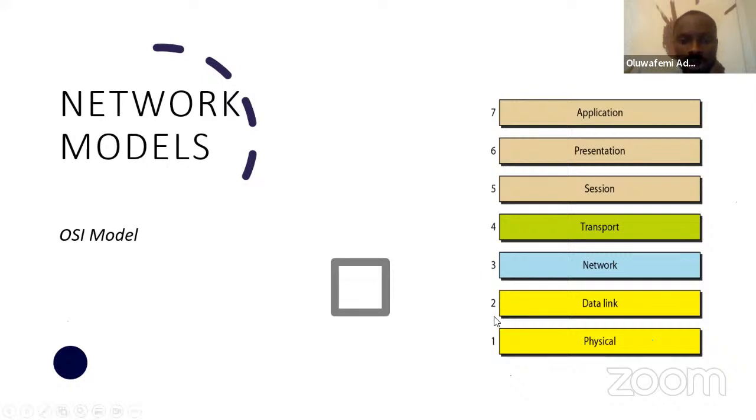That's what it is. So I just want to be sure that we're on the same page. So let's go to the network models. This is where the protocol comes in, the rules that you have to use to communicate. And there's a model. I don't know if anybody has heard about the ISO, International Organization for Standardization. I'm sure everybody knows about ISO 27001, ISMS, Information Security Management System. So they are the ones that came up with this OSI model too.